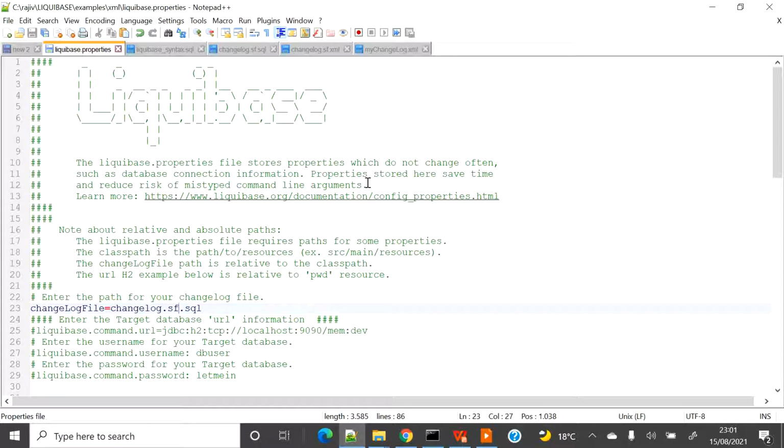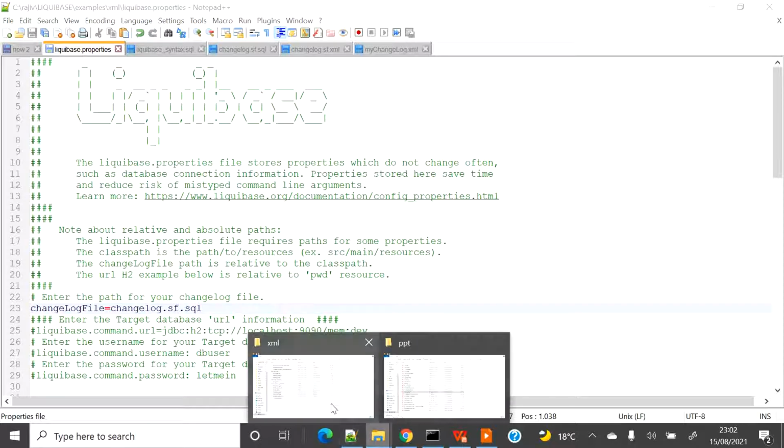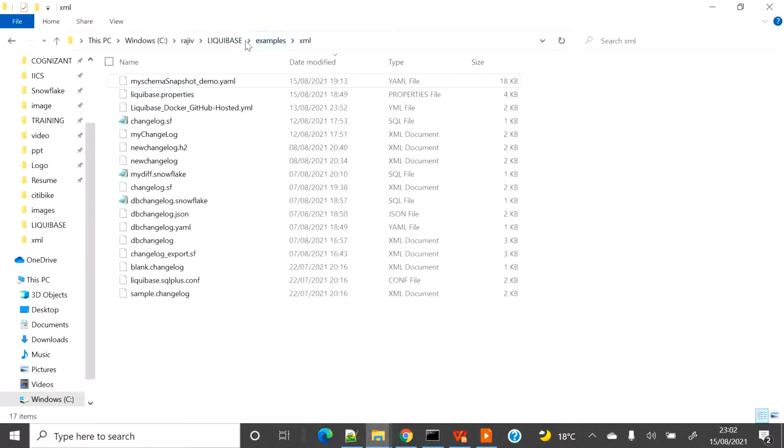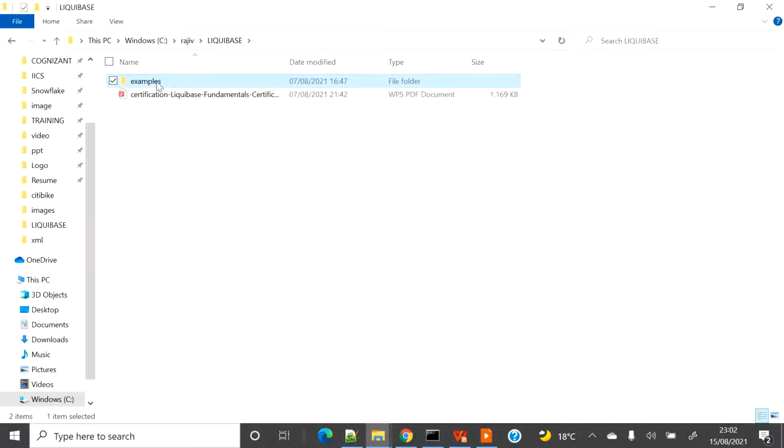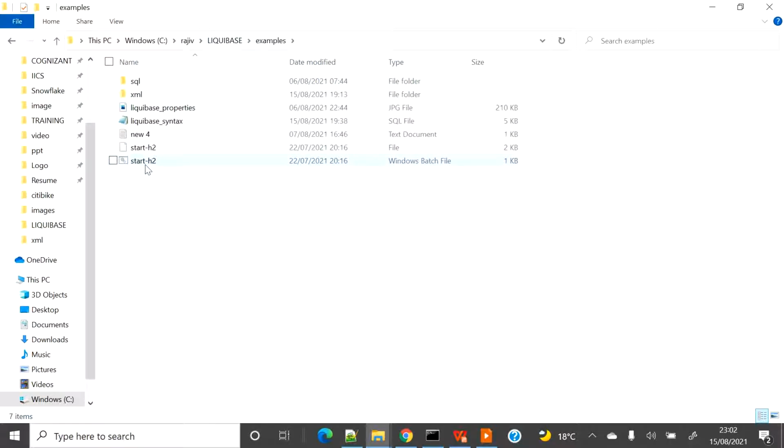Liquibase comes with an in-memory Java database known as H2. If you don't want to use any other database, and you want to do only a demo or practice, you can double click on this. If you go on Liquibase and click on start H2, it will start the in-memory database.